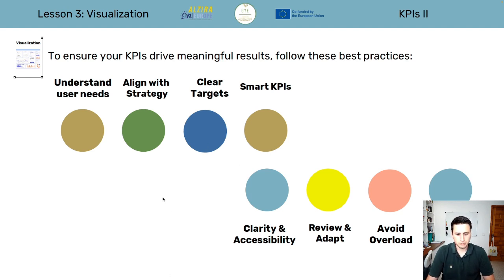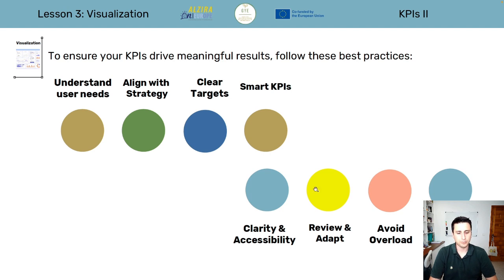Well, then another best practice for sure is clarity and accessibility. If we are measuring a user or an employee with a KPI, it's recommended, or it's necessary, that that employee has access to that KPI, so he can check if it's going properly or not. Maybe not on a daily basis, but using a report, or if it's needed, they can access it every day. And it should be clear how to check if it's being properly done or not.